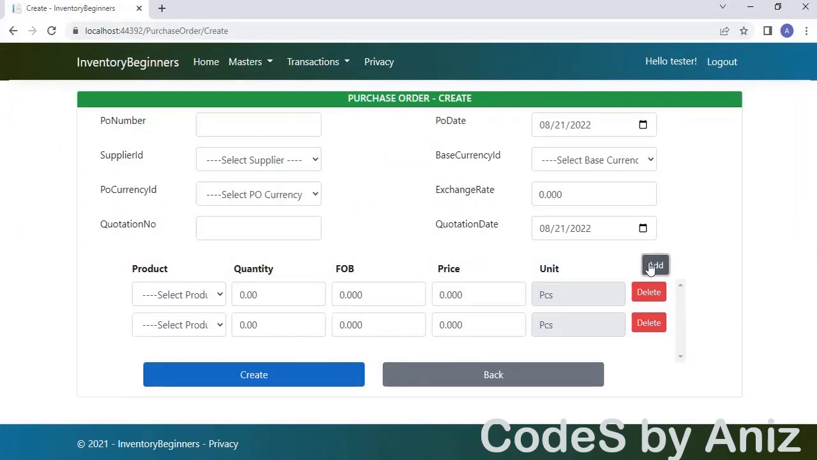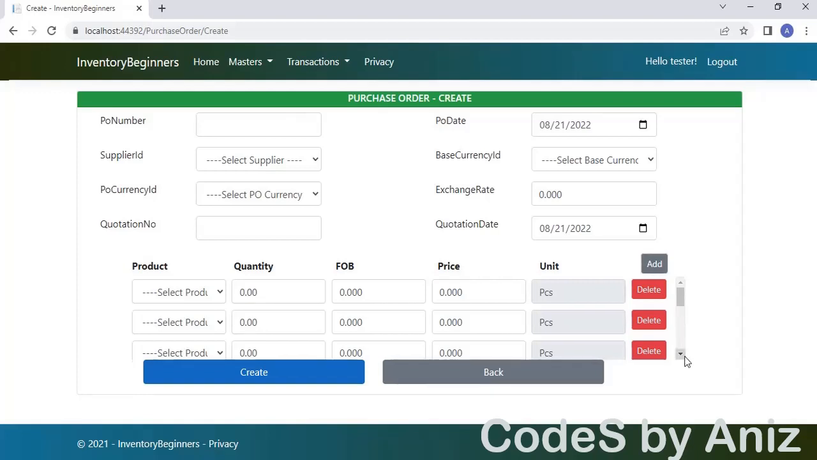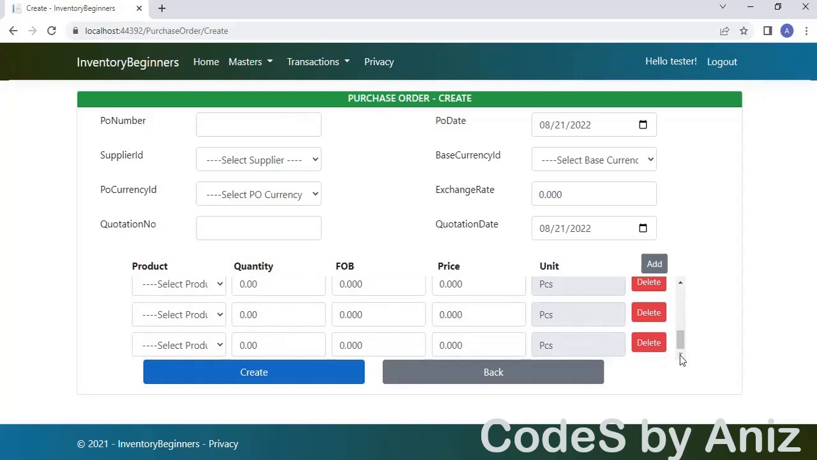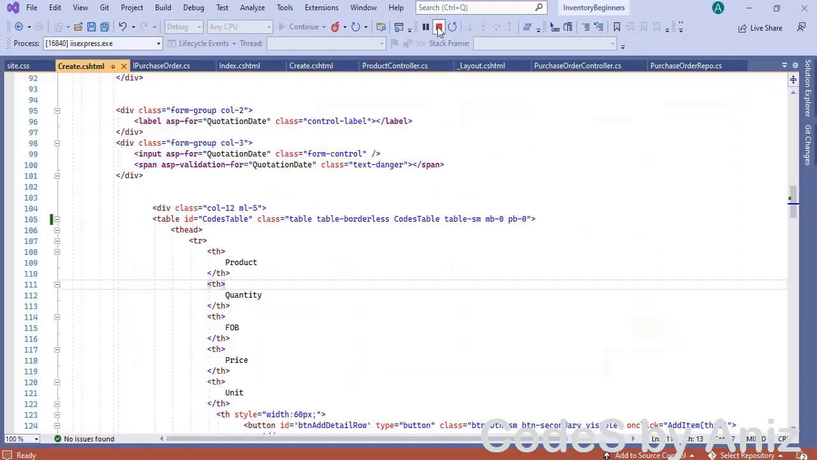Perfect. Now the vertical scroll bar is attached to the detail table and it is working fine. Let's try scrolling the grid. Yes, we are able to scroll the grid. So far our project is going in the same way as we expected. Very nice, no? Then stop the application